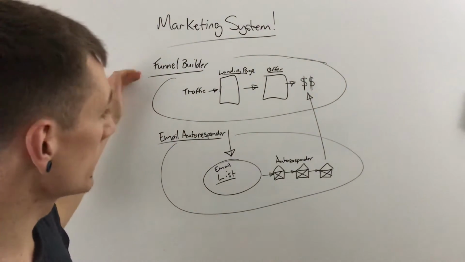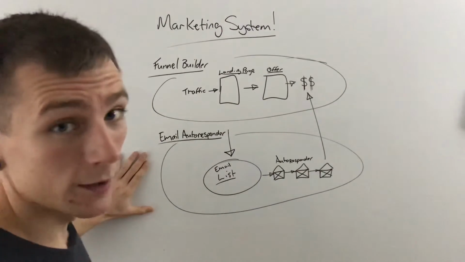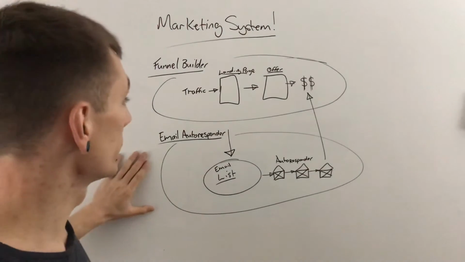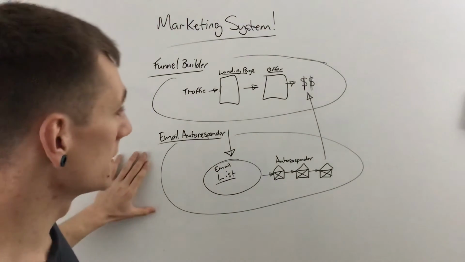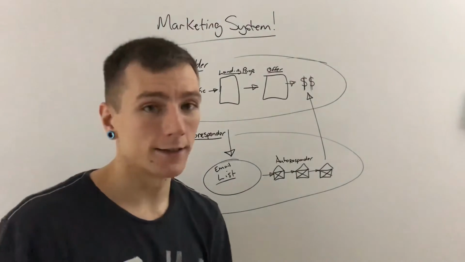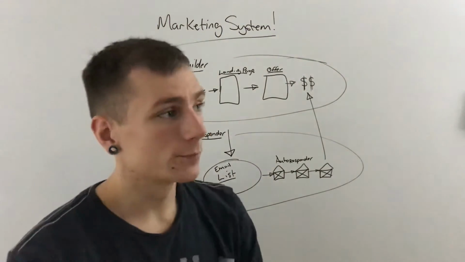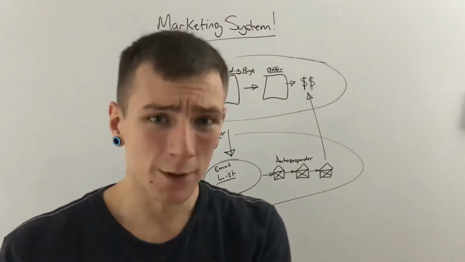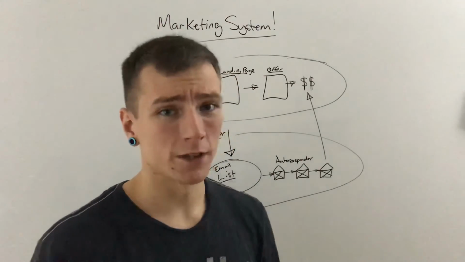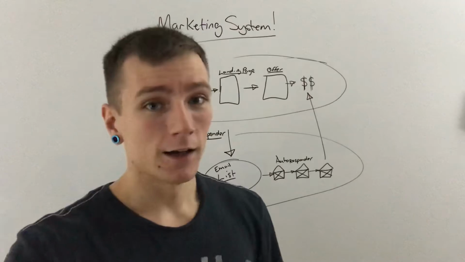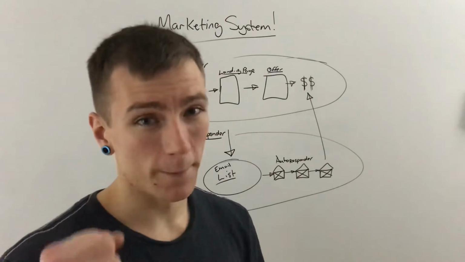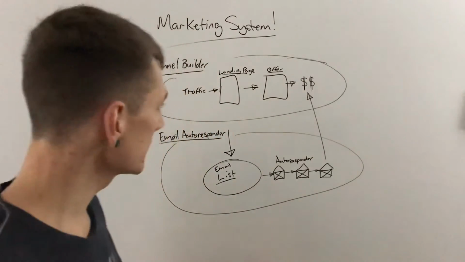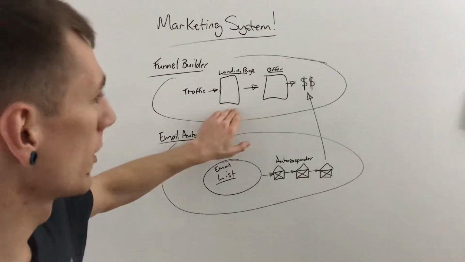Then the second system is our email autoresponder system, because what we're going to do is a little bit different than what most people are doing out there right now. I don't know if you've seen it before, but a lot of people build a website and send all these people to their website, pay per click or whatever it is, and basically they're just wasting money. They're pouring a whole bunch of money down the drain, and I don't want that for you, my friend. I want to help you save as much money as possible and maximise that money to yield the most results. So this is why it's so important that we send people to a landing page where